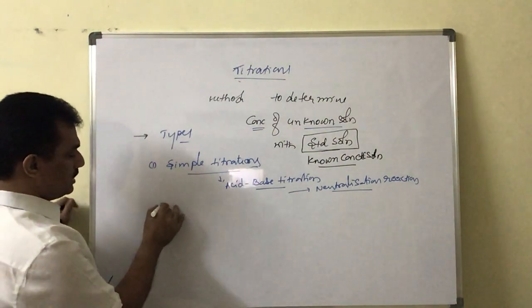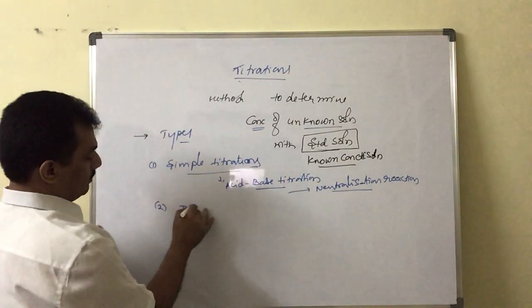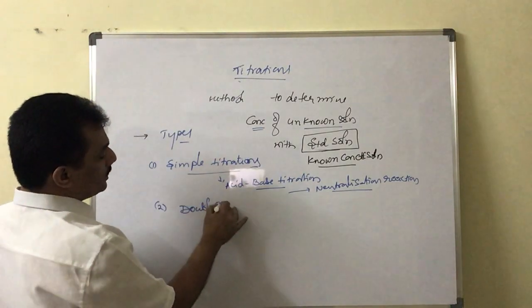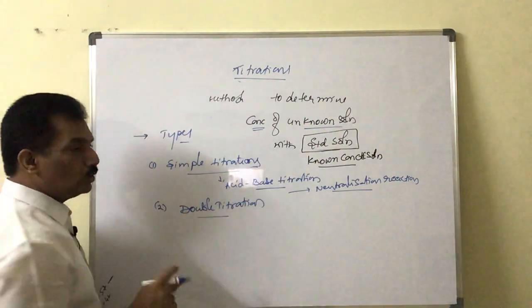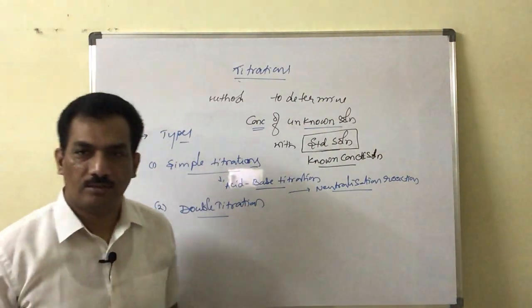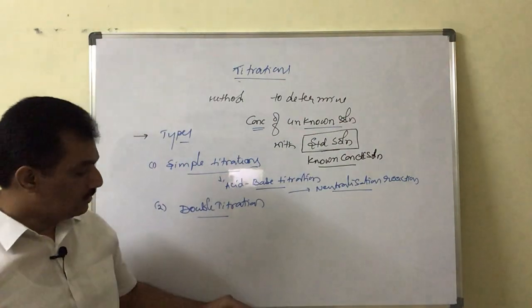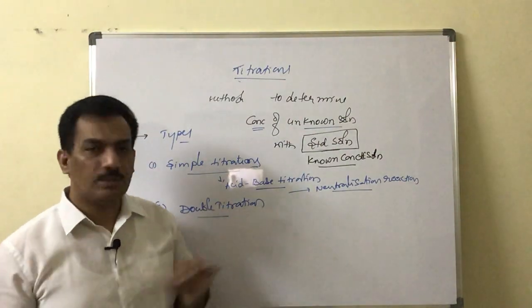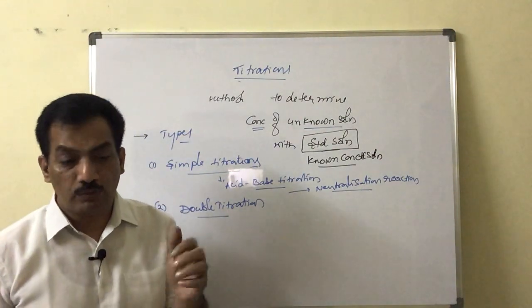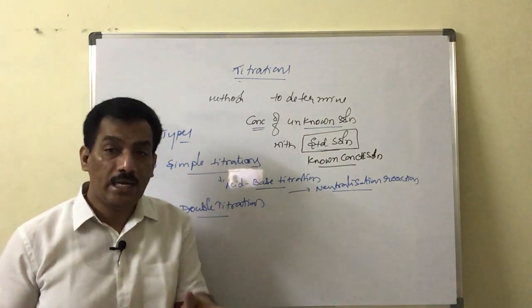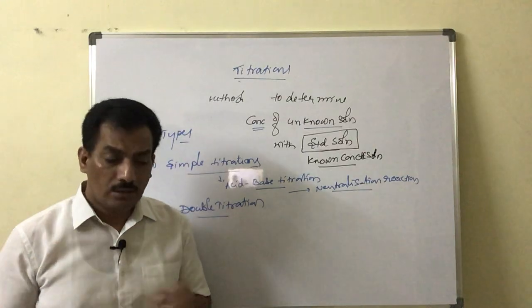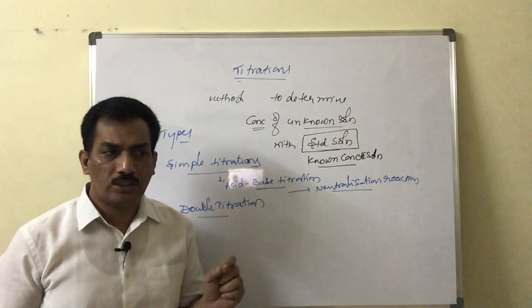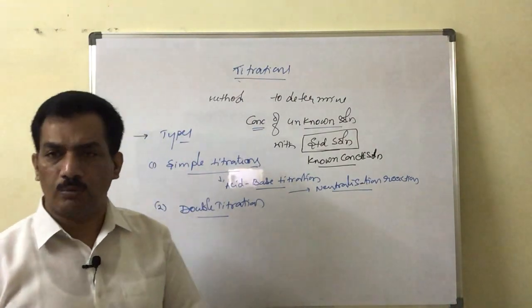And the second one is nothing but double titration. The meaning itself indicates that we have to titrate 2 times. Whether or not it is present in our syllabus under stoichiometry, we should have an idea about the meaning of double titration. And on this double titration, the question is related to first year group compounds.